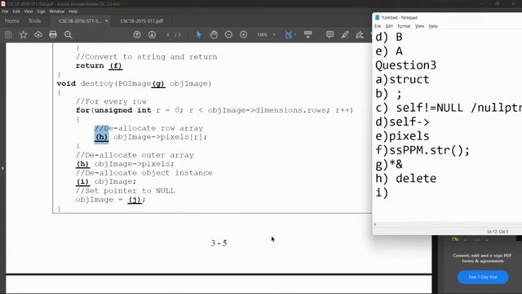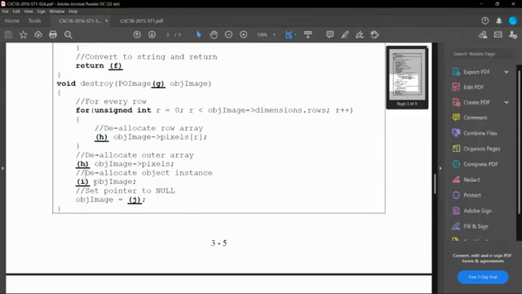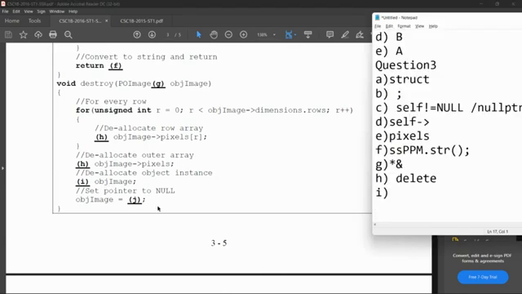I'm not sure what this is. Deallocate object instance. I think I should be delete as well. Oh, I think